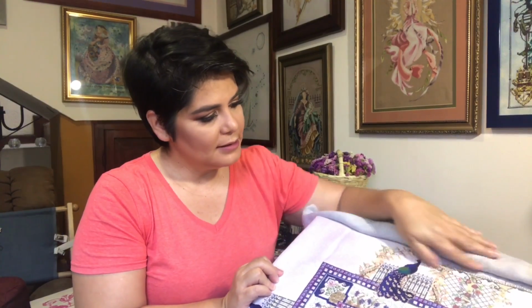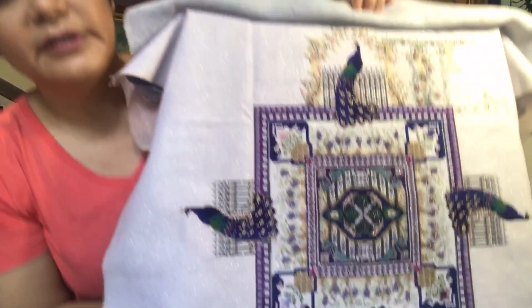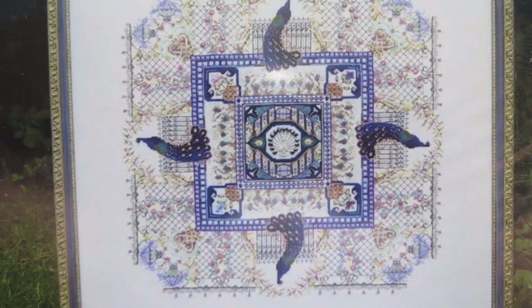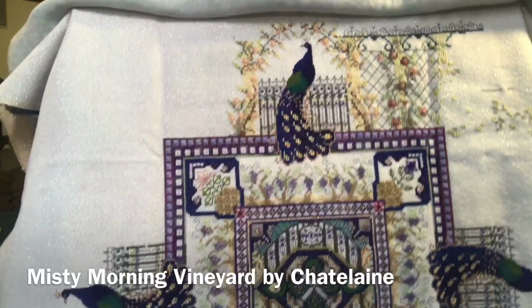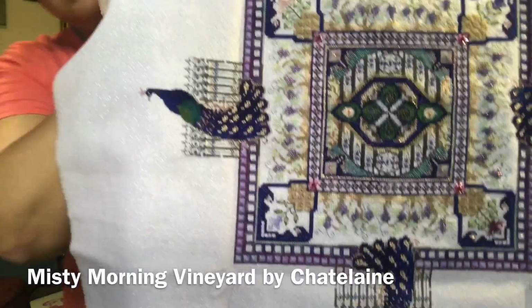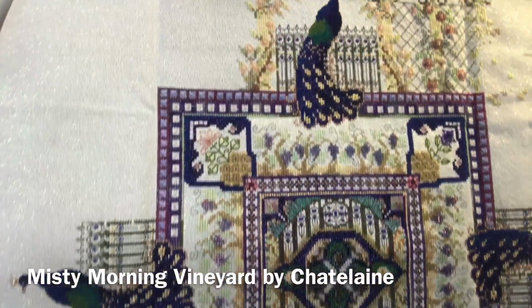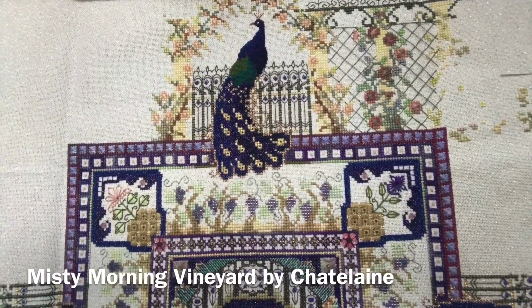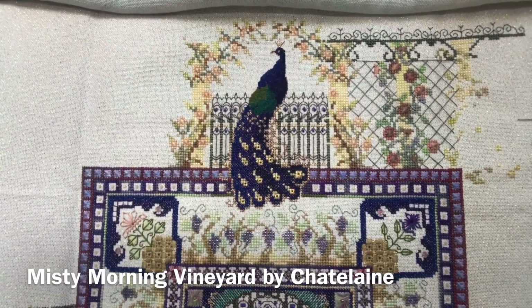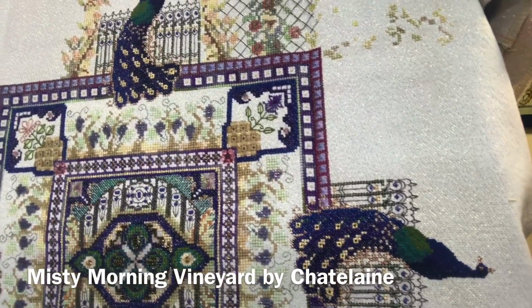Okay, next with my Chatelaines is this beauty, which I love. This is Misty Morning Vineyard. And the beautiful peacocks. You can see them. This is a beauty. You can see some of the beads and the details. I'm using the original materials that Martina asked for,